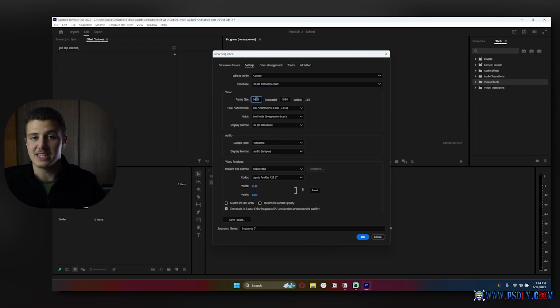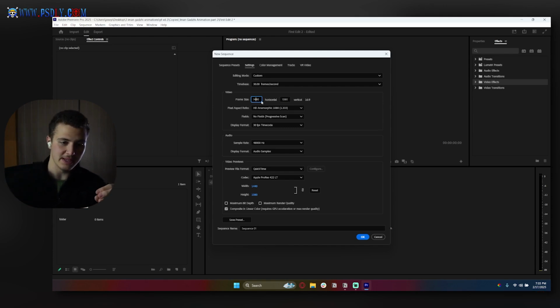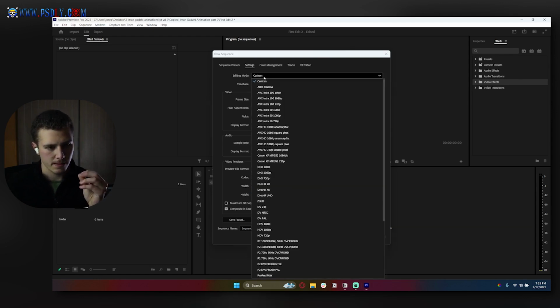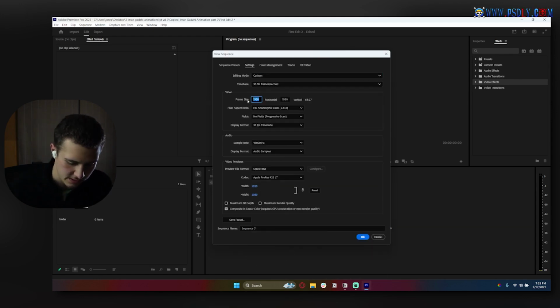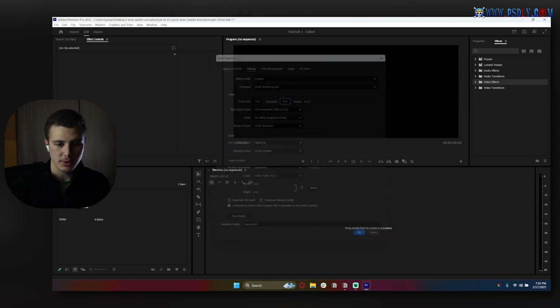Let's talk about the frame size. The dimensions of our sequence, or how our edit is going to be, we don't want them 144p, we don't want them 720p, we want them to be 1080p. Or if you're editing in 4K, you would change this. And 1080p in pixels basically means 1920, and 1080 on the vertical, which gives you, oops, for some reason that is messed up. So what's the reason that has done that? Let's see. So 1920 by 1080, which is supposed to give you